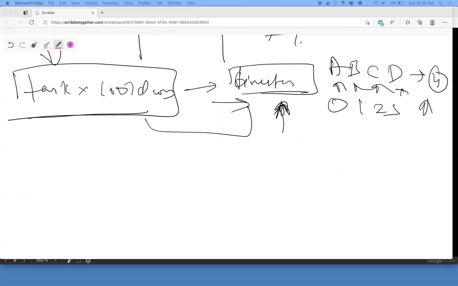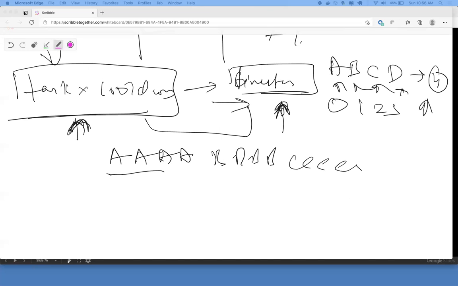So it depends on the total timestamp. Or I think you can say task into cooldown is also fine, because for each task you'll have to cool down. But if I say task multiplied by cooldown and the scenario is A, B, C, D, then it's not going to be correct. But the worst complexity is when all are A, then all are B, then all are C. In the last you'll be returning the timestamp, so it is task into cooldown.